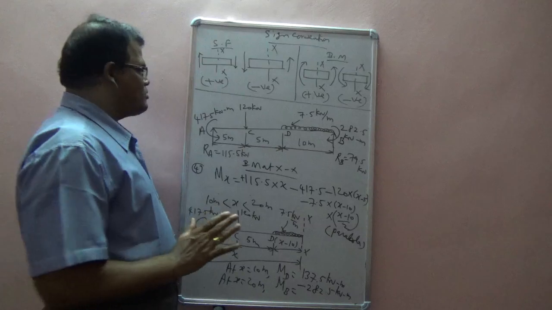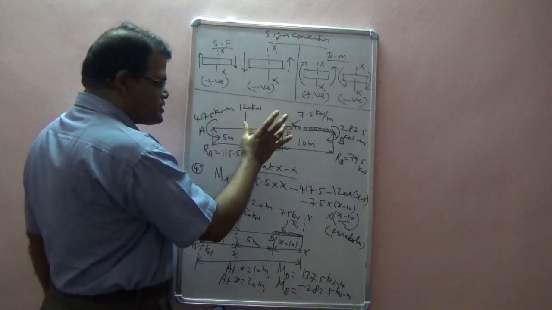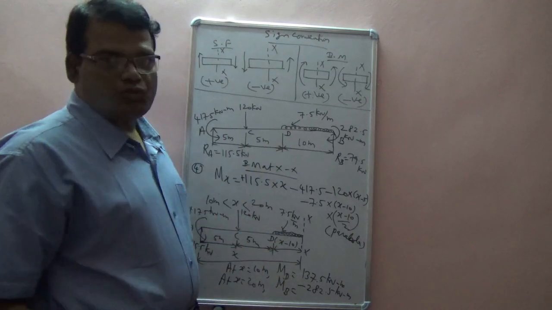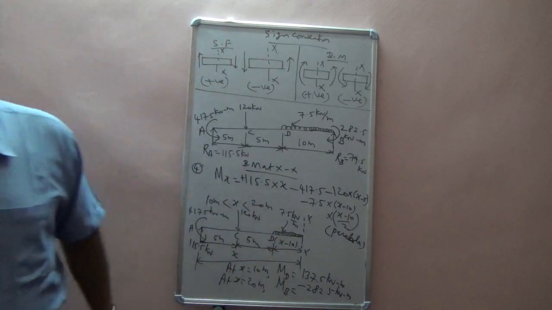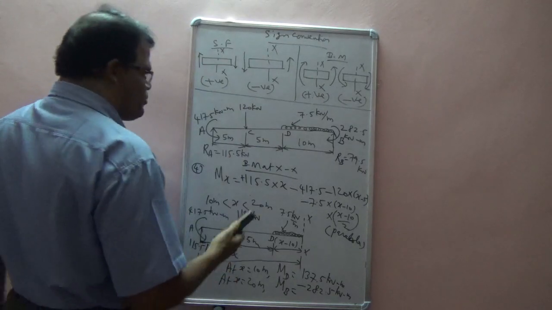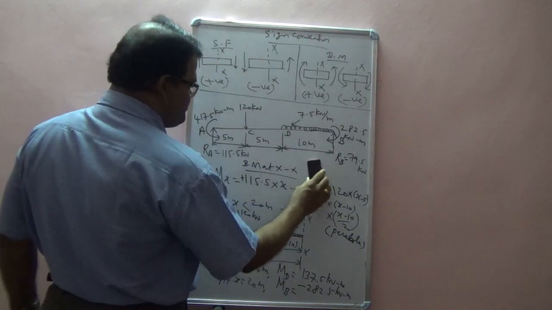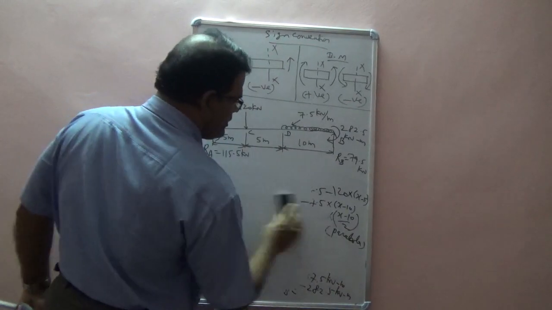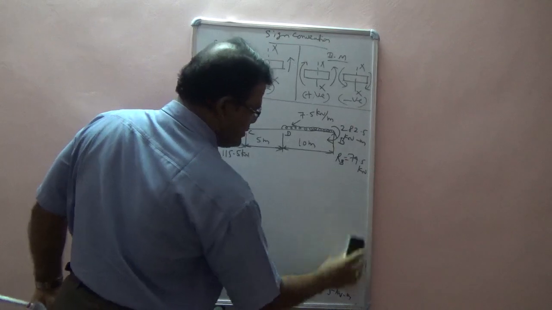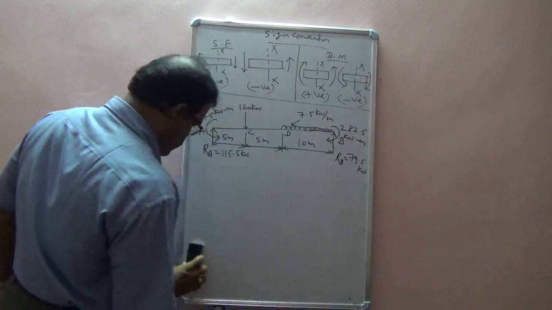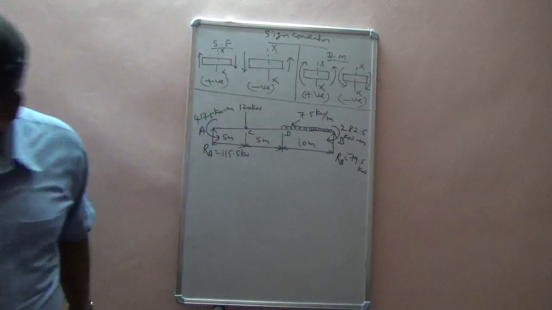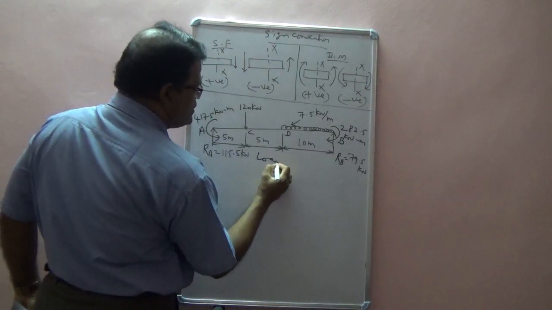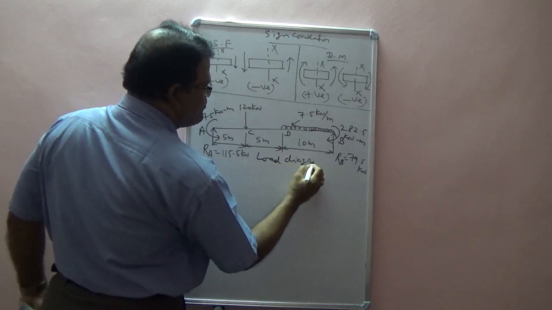Now so far we have calculated shear force at individual sections, taking individual sections separately, and then we calculated what is the shear force and what is the bending moment at the sections. Okay. Now I am going to draw the shear force and bending moment diagram. Okay, let us see how it is drawn. Okay, so this is the load diagram. I am not going to change. So this is load diagram.